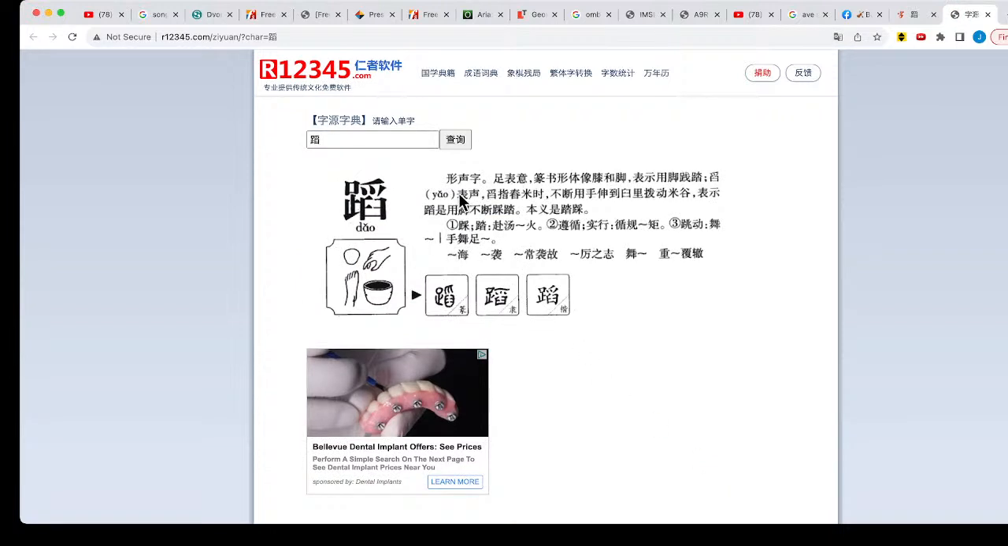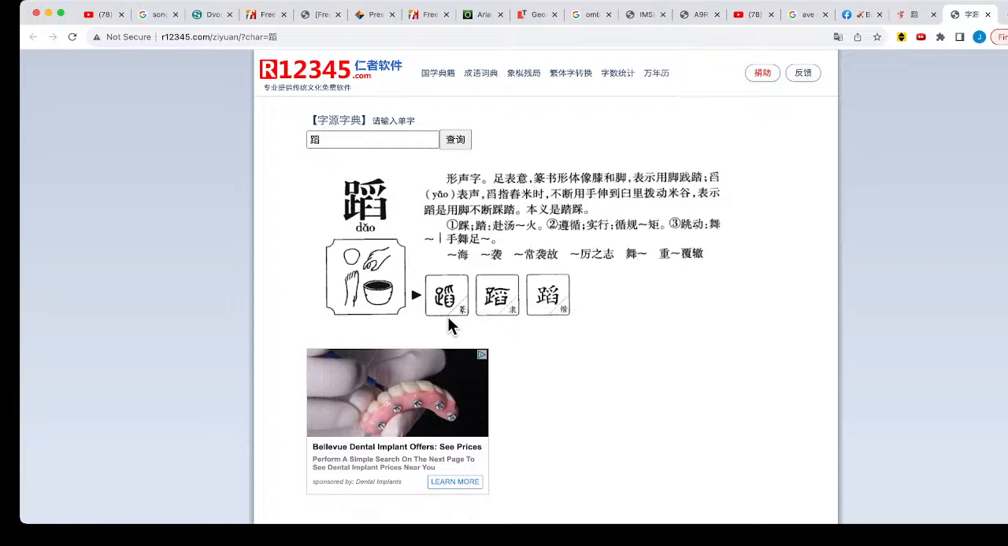Now this one, you can see that on the left hand side is the foot. Okay, literally it's the picture of the foot. And then on the right hand side is Yao. Okay, and Yao, you can see from this picture, is a container which contains the crop, right, like rice or wheat. And then Yao is using your hands and a tool to stamp and stomp